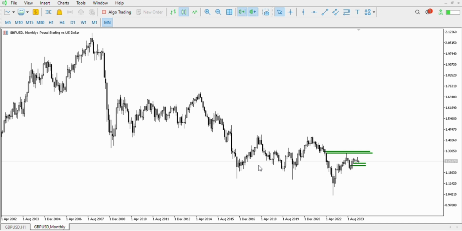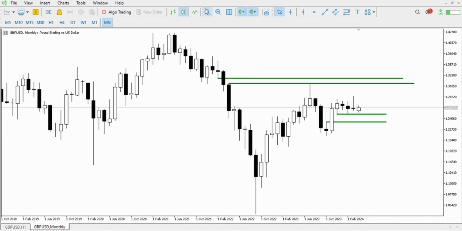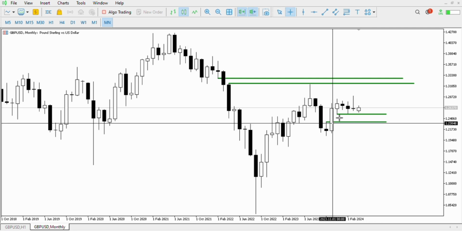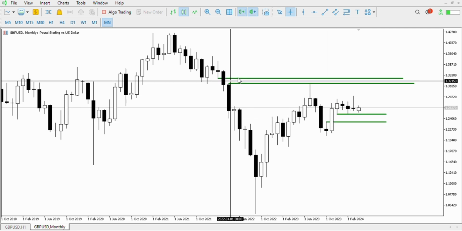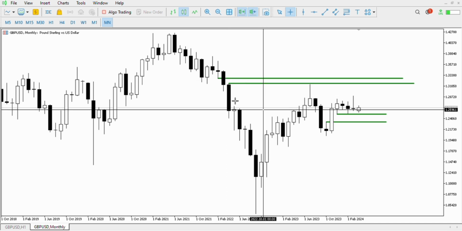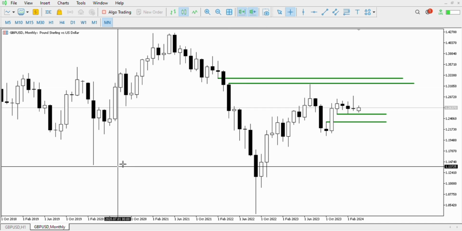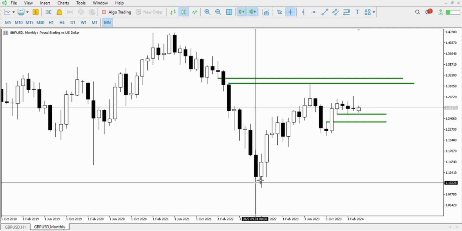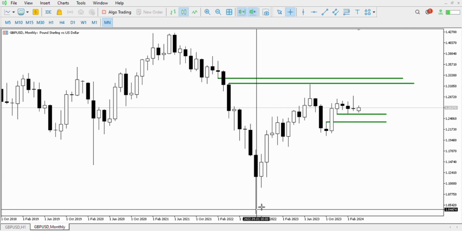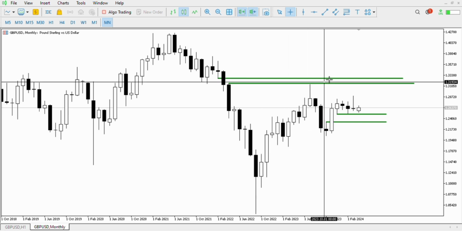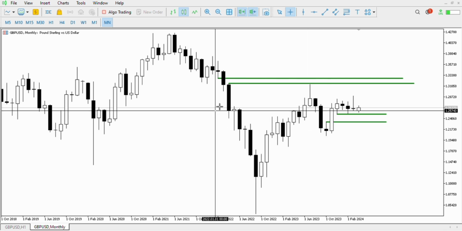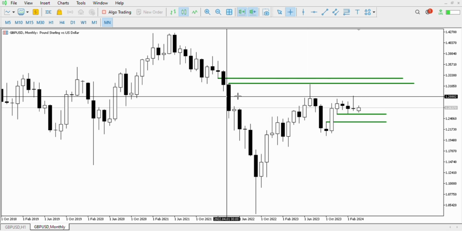So now looking at what price is doing currently in the monthly time frame, you realize that we have this value gap below price level. We also have this value gap above price level. Now, to understand is that this low was violated right here, which shows a continuation of the downtrend. So it means what we are having from this point all the way to this point right here is just a kind of retracement. So now price gets to this value gap right here, and as you can see, price